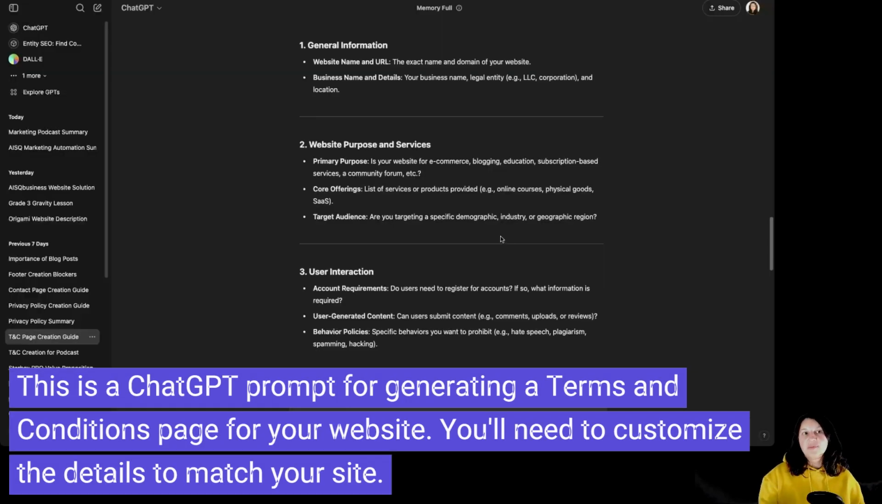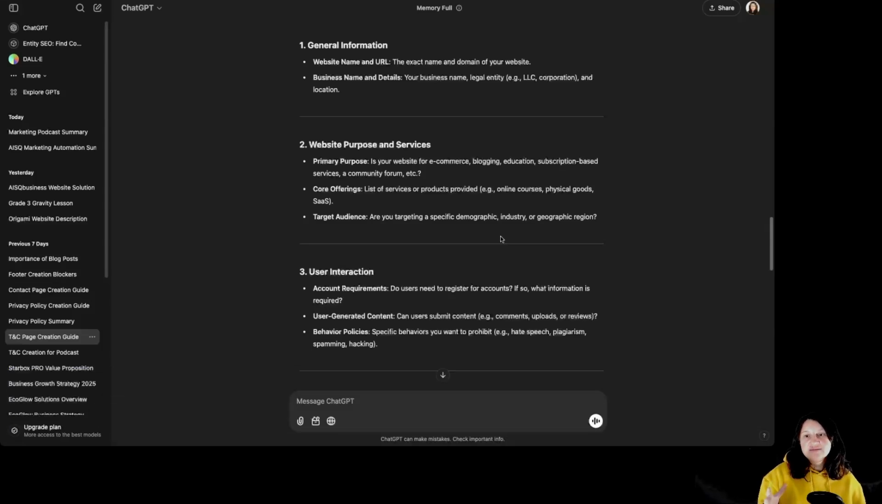Or you can use a prompt. As you can see over here, I have created a prompt that is going to give you a start for your terms and condition page. Once again, we are not lawyers, and the terms and condition pages are not a must, but they are highly recommended. So you are going to have to add some general information like website name and URL, some business name